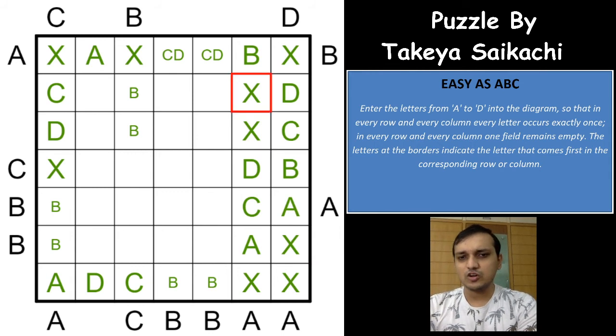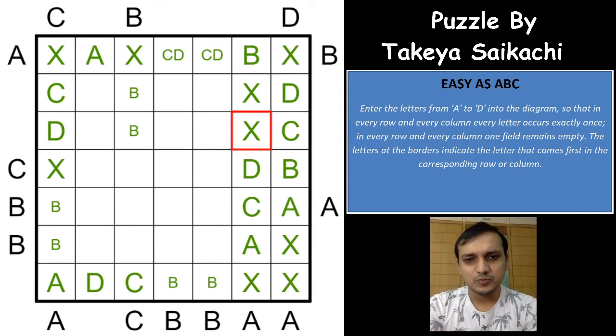Both of these cells cannot be any of the alphabets. Cannot be A, cannot be B, cannot be C and D as well, which means both of these can be crossed out, and then you have only exact spaces that need to be filled with the alphabets, right?